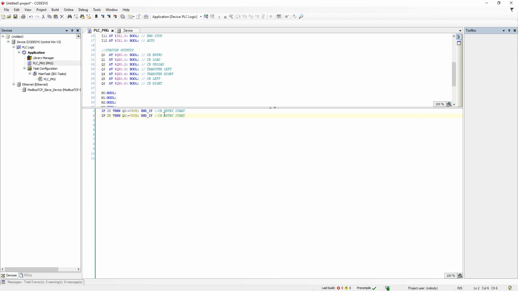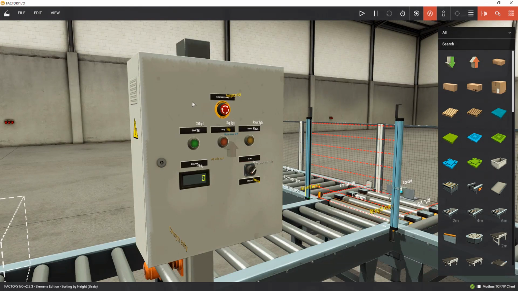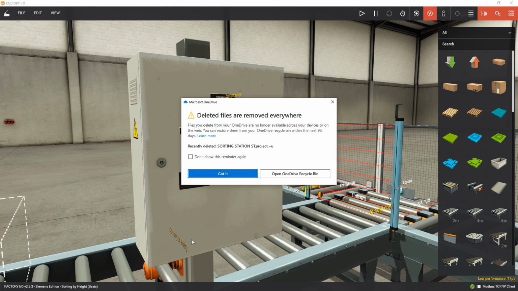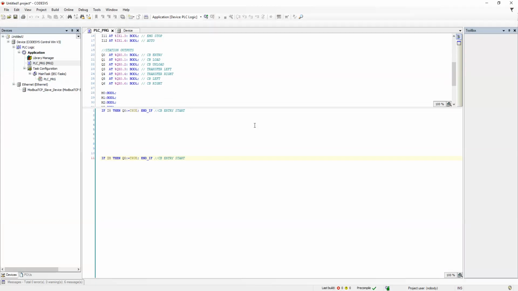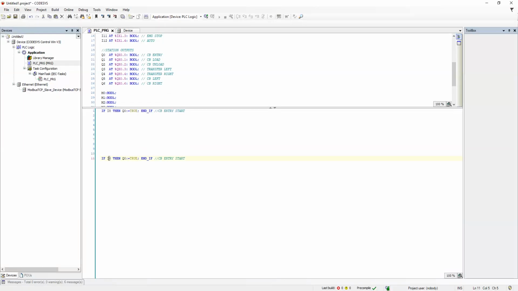Okay, so now who must be able to stop this? When you come to stopping stuff, you stop with the sensor somewhere here, but first we need to honor our stop buttons. The first one is, remember the stop buttons are yellow. We have already passed that stage to say when they're yellow they are on, therefore they are normally closed. So if they are normally closed, this is a condition for normally open, therefore if not,